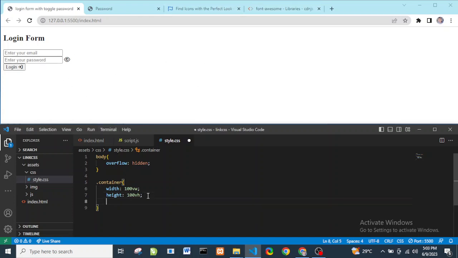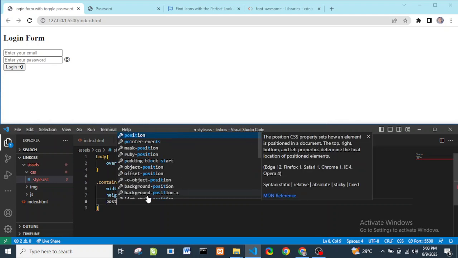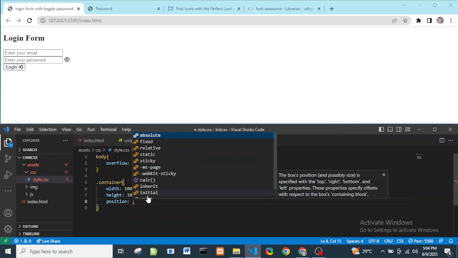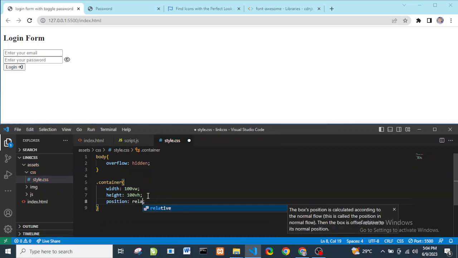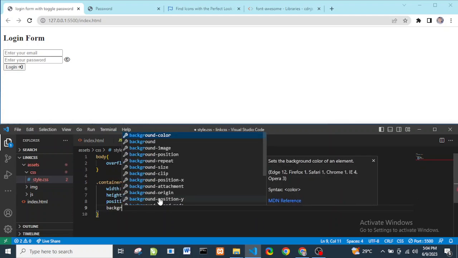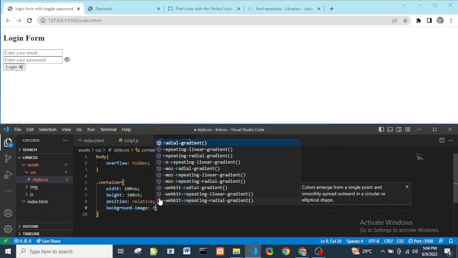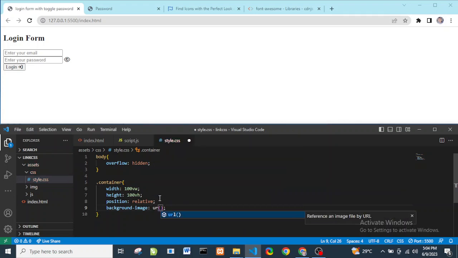All right. And what else? I want the position to be relative, because I will be positioning the child elements. And then the last thing I'm going to do is to add the background image. So here I will say background image. All right, then I have to specify the URL, and since it's coming from the root,